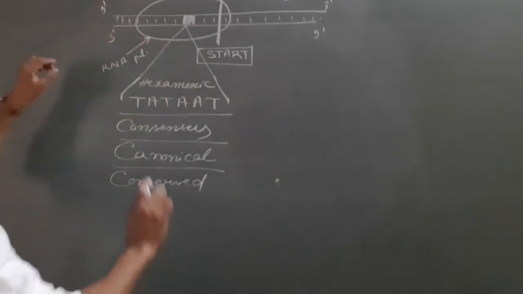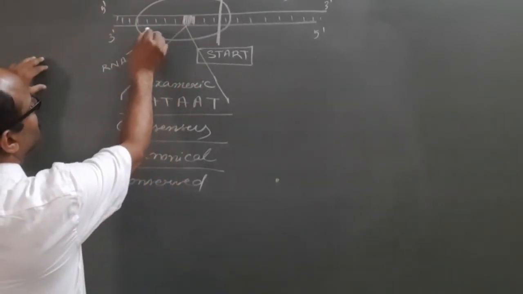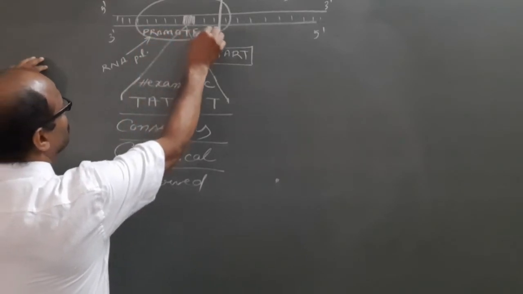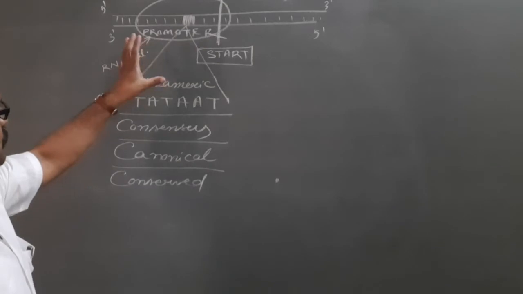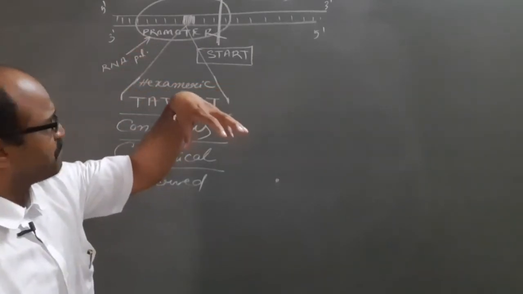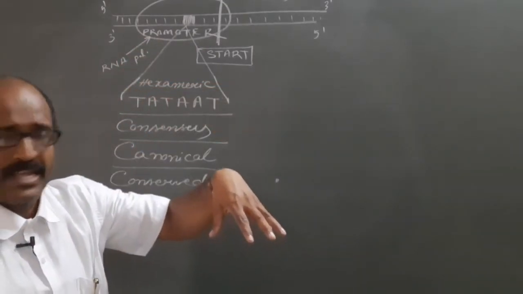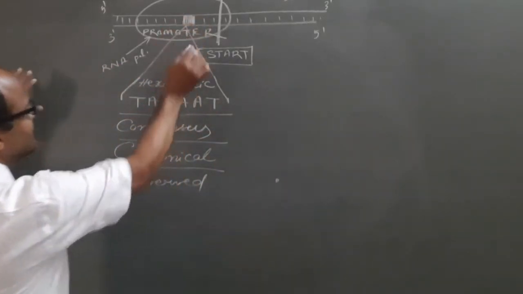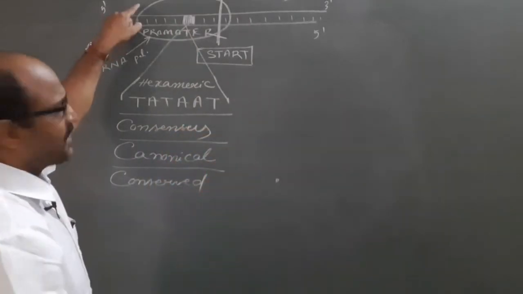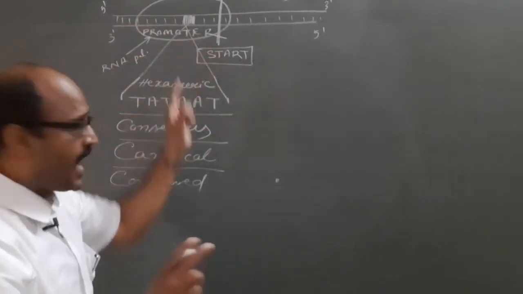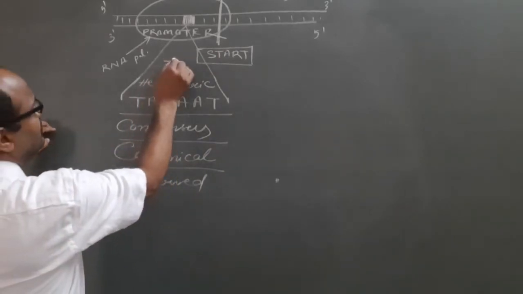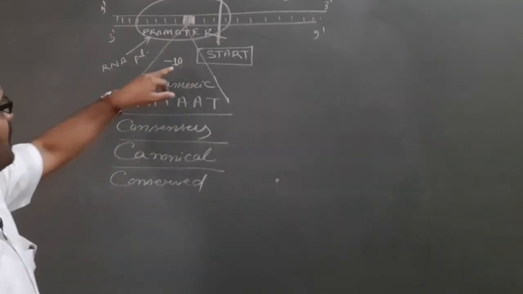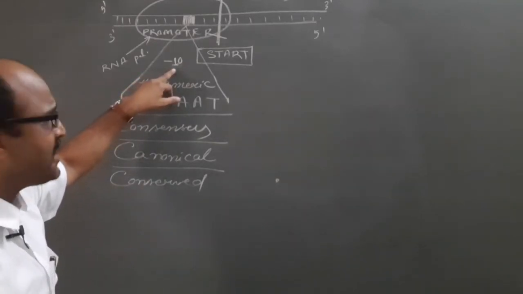So the RNA polymerase enzyme first comes and recognizes some special sequences on DNA on which it will bind, and this portion is known as the promoter region. The RNA polymerase binds on the promoter region, and this promoter region contains special sequences upstream of the start point, centered at -10. The -10 region, centered at -10.